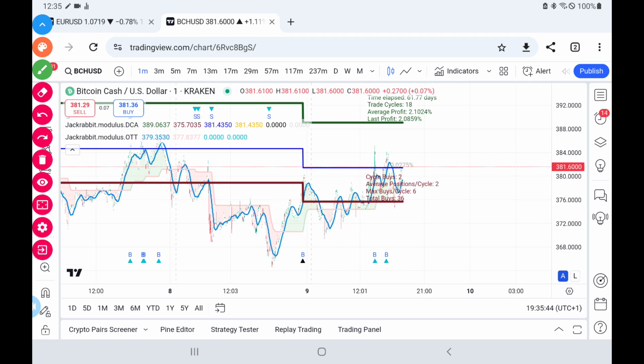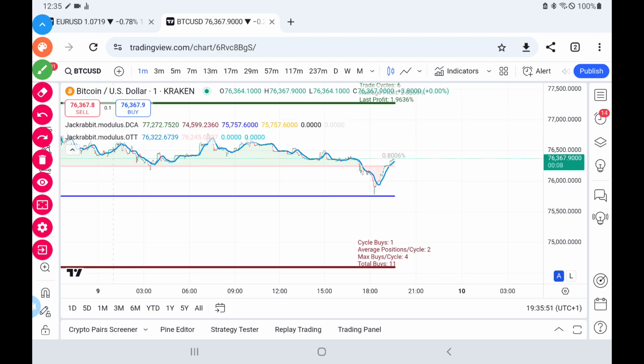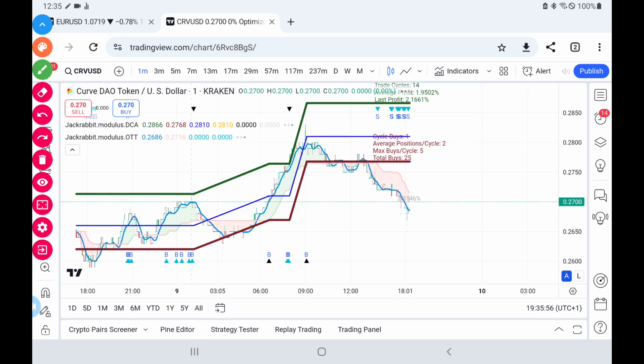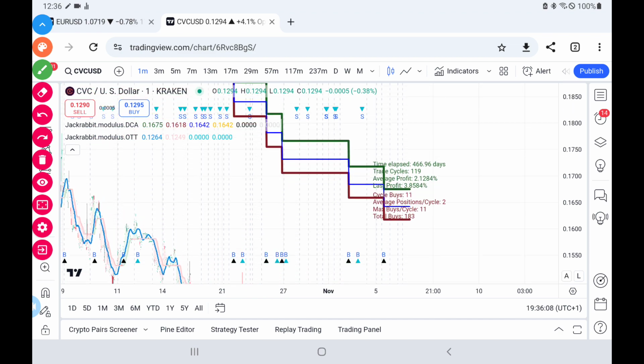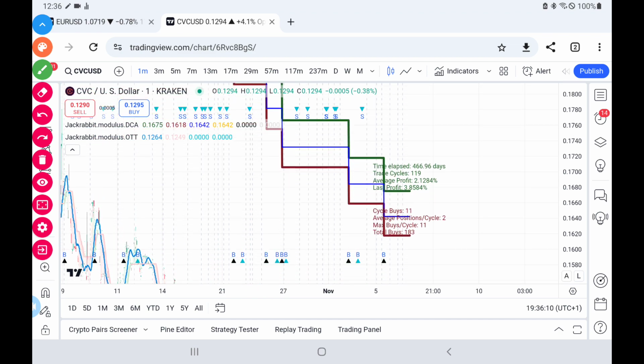Bitcoin Cash has always had a difficult history, but it makes good money with this strategy. Of course, BTC, which we talked about in the beginning. Curve, another difficult coin, but here is one that is a nightmare coin for a lot of people. The insane volatility of this asset is just staggering. And yet, in the time frame listed,